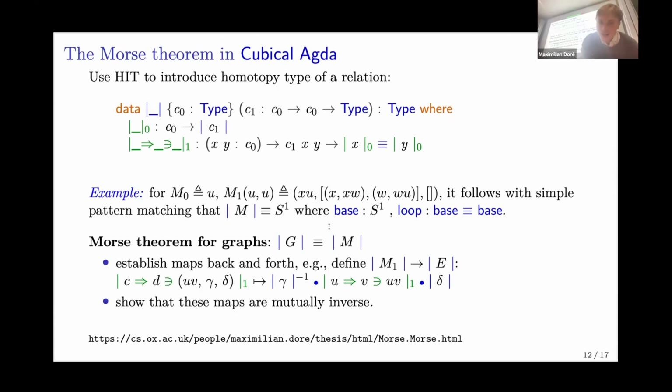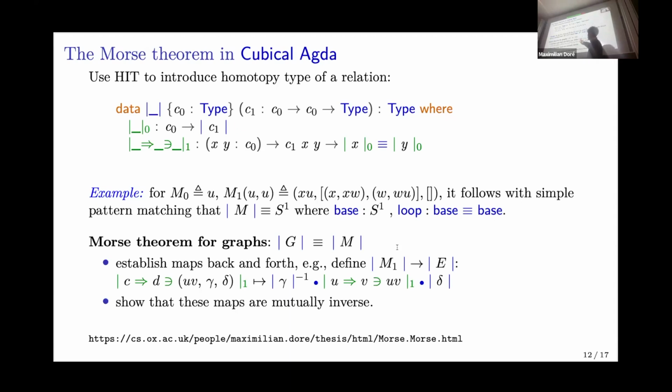So I said to prove this now, to establish this equality, we want to establish an equivalence between these two types. And equivalences we define by just giving maps back and forth, and then showing that it doesn't matter if we go along the first and the second one, we'll end up with something which is equal to the original. So for instance, for the first part, to establish these maps back and forth, we would need to